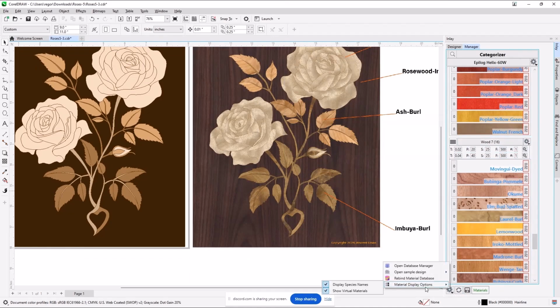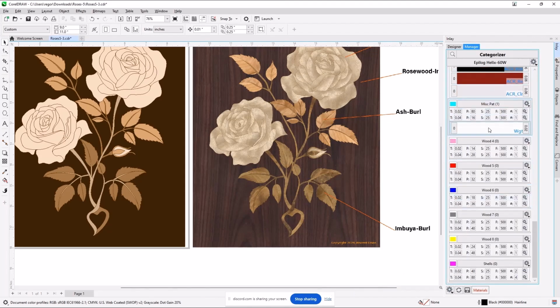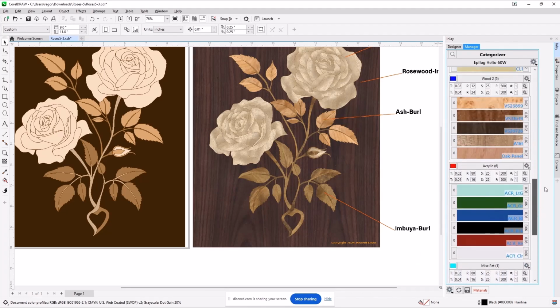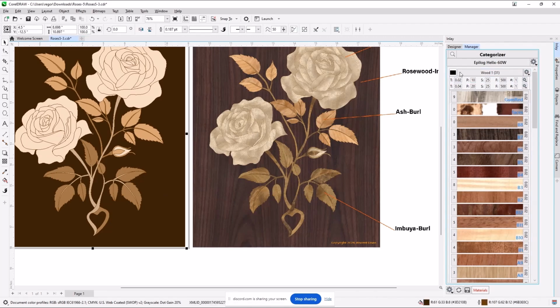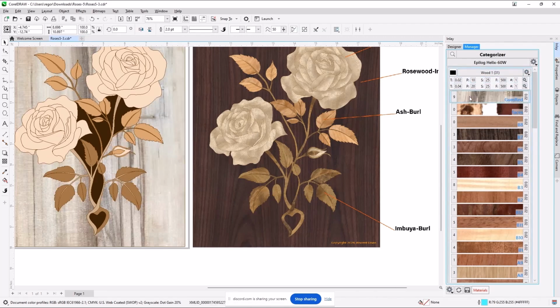But what I am going to do down here, just so you can see what happens, that's a lot of different things to choose from. I'm going to go ahead and check this box to not show me virtual materials. I'll get confused otherwise. So now all of those extra shells and pictures and stuff are no longer populated, and all you're looking at are my choices of veneer and wood. So you can do it. For example, I could change his background to mine and get a totally different picture of wood.